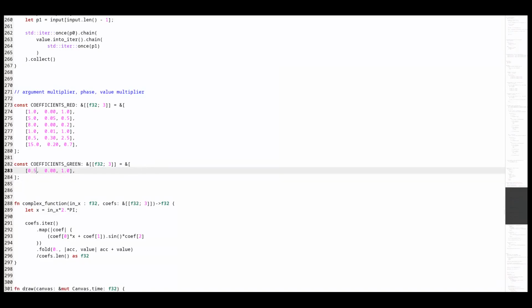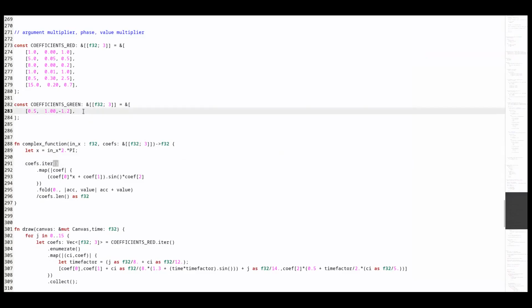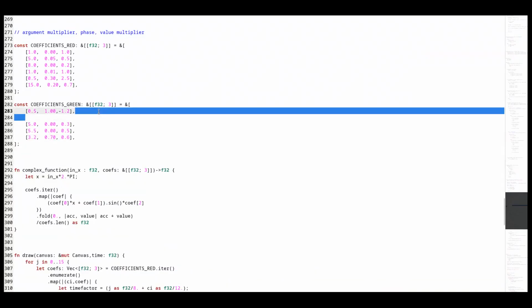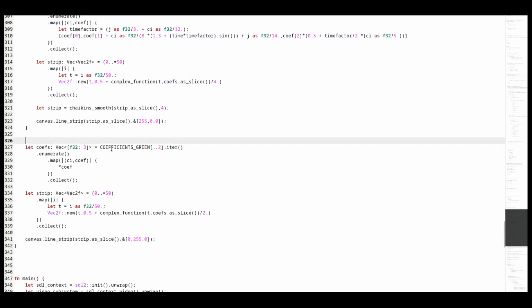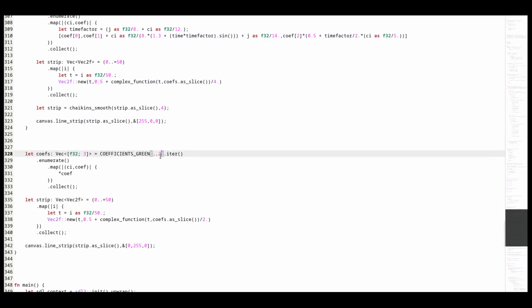I want to make more straight lines, so I changed the coefficients. And this is the result. Let's now add some smaller function coefficients. We will generate multiple coefficients like for the red lines.